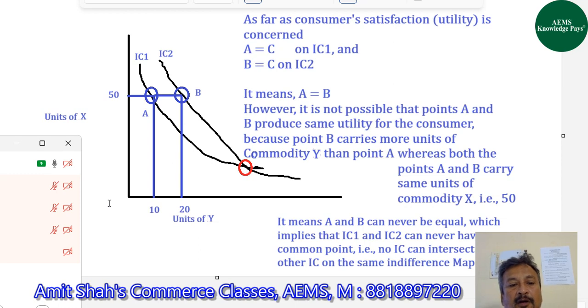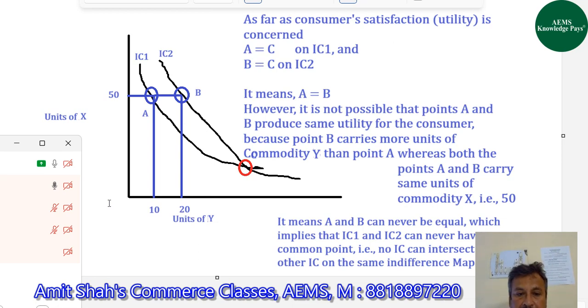Okay. Why, Mahi, point B? Manvi, why point A? Manvi, are you there? Yes, sir. Yeah, why point A? So,